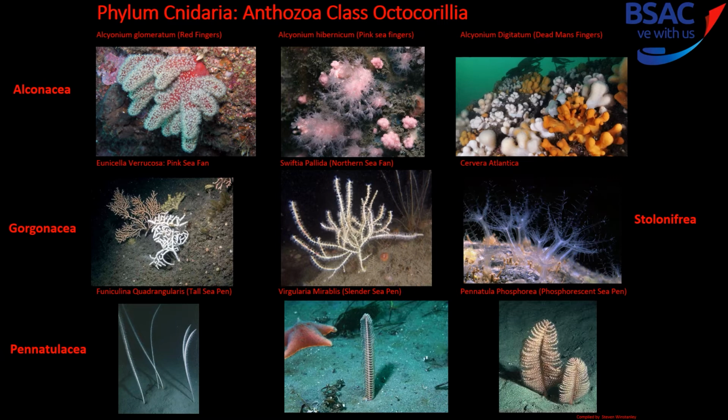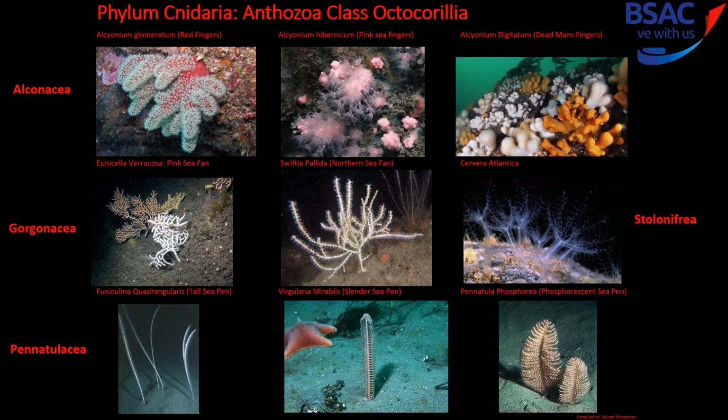In the middle row we have the Gorgonacea, which are the sea fans, and we have examples of the pink sea fan and the northern sea fan. And to the right of the middle column we have the Stolonifera, and we have only one in the UK called the Clavularia atlantica, found only off the Dorset coast and can grow 20